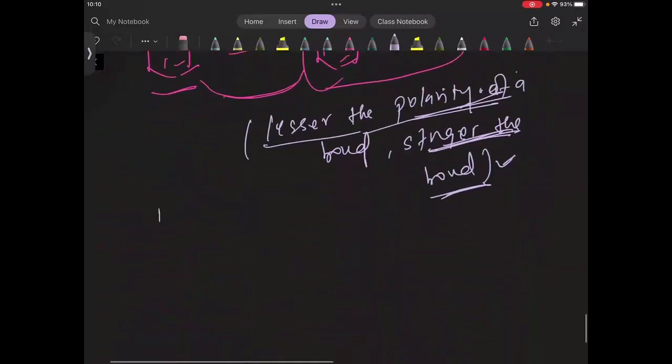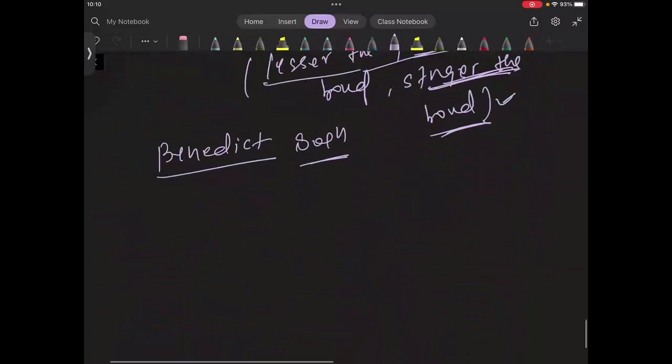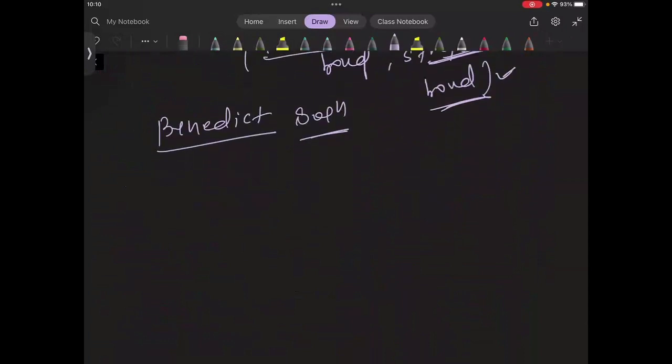Okay, see here, Benedict's solution. See what exactly is the difference between Benedict's solution and Fehling's solution. The work is similar. Both will give the red precipitate. Both have cuprous ions, cuprous oxide, but the reagent is different. Here A is copper sulfate, and B is